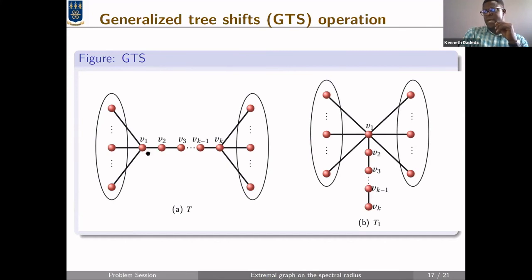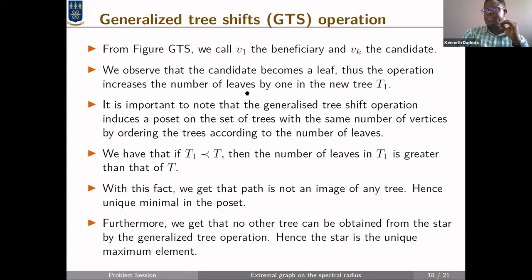And so one important fact is that when this operation is done, so I got T1 from T, it always introduces a new leaf into the new graph. So based on that, we can use that concept to think about ordering all trees of a fixed n based on the number of leaves, and that's where the process comes into play. So from this, we recall that the candidate becomes a leaf,